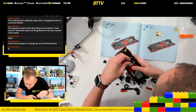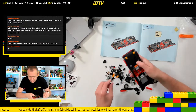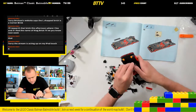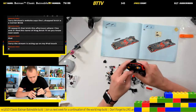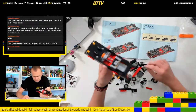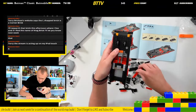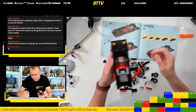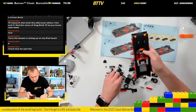Then for some front cannons, so I think go either side here. So I've just stuck a couple of cannons on the front of the car here so we can fire things from it. And then just to secure them, we've got some downward sloping pieces either side. There's one, there's 2, just going over that. And then 3 jumper plates just covering over this centre piece here,